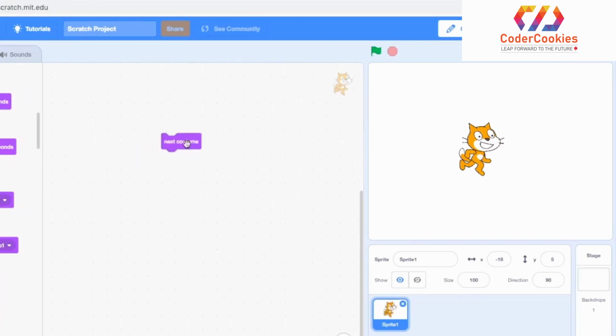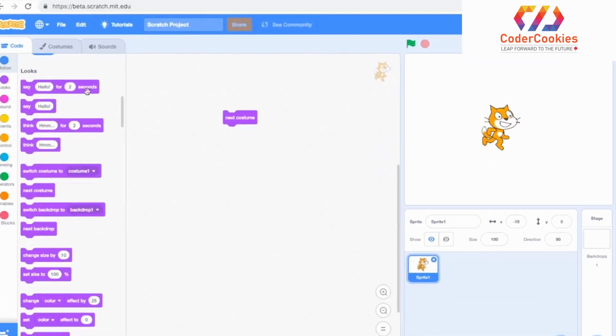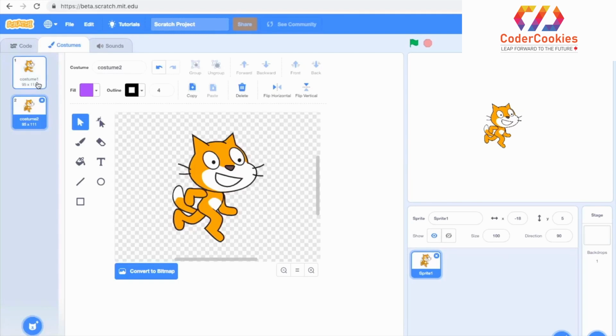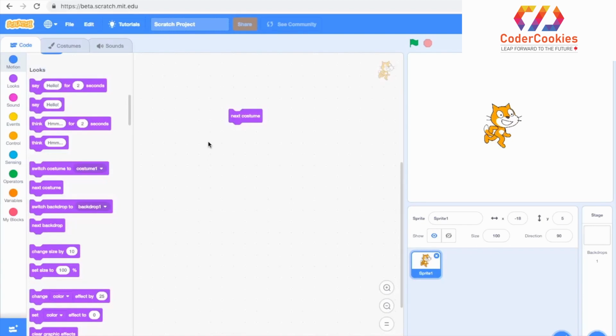It's pretty much the same thing as Switch Costume, right? Well, there is a little bit of a difference. Let's say you had many different costumes, not just 2. Let's say you had 10 or maybe even 50. Let's say you had a lot of different costumes and you wanted to keep going to the next one